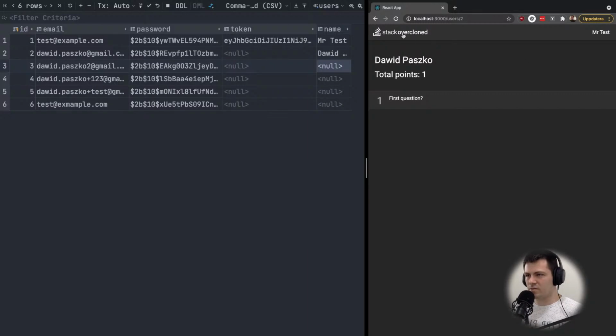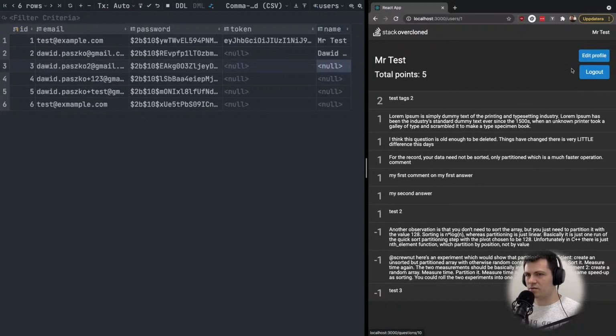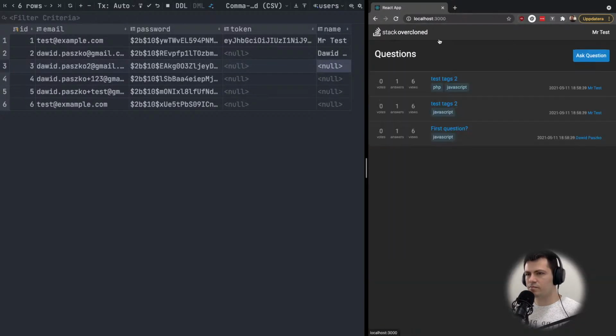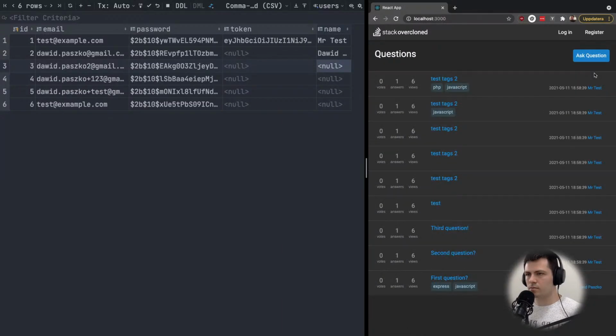I don't see the buttons because it's not my user, but on this user, that is my user that I'm logged in as, I can go to edit profile, or I can log out. Yeah, it works. All right, so